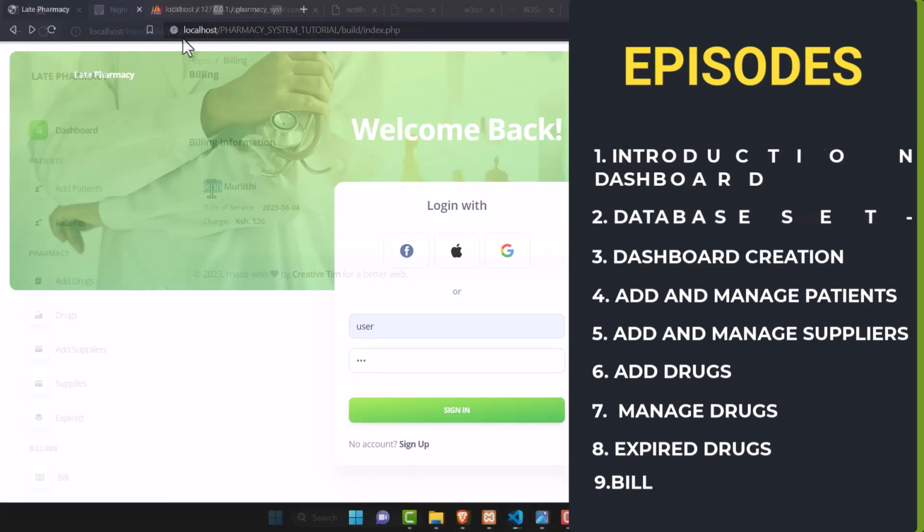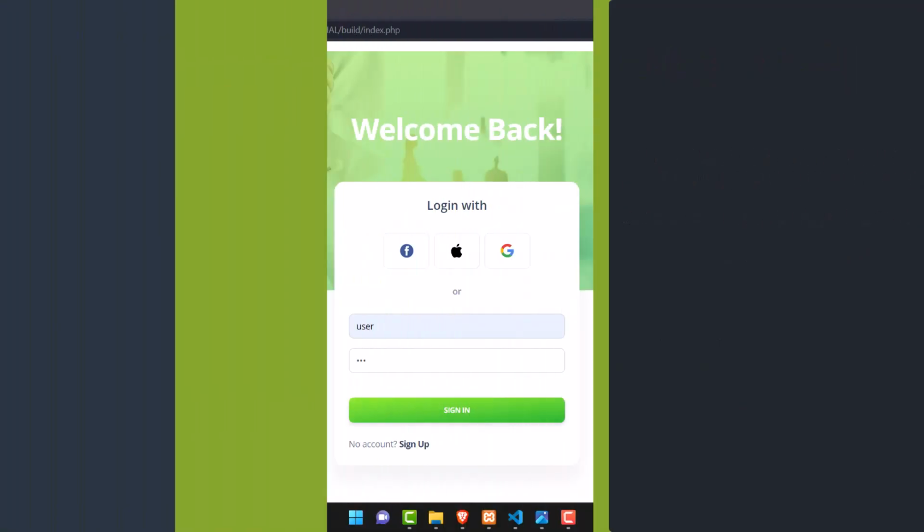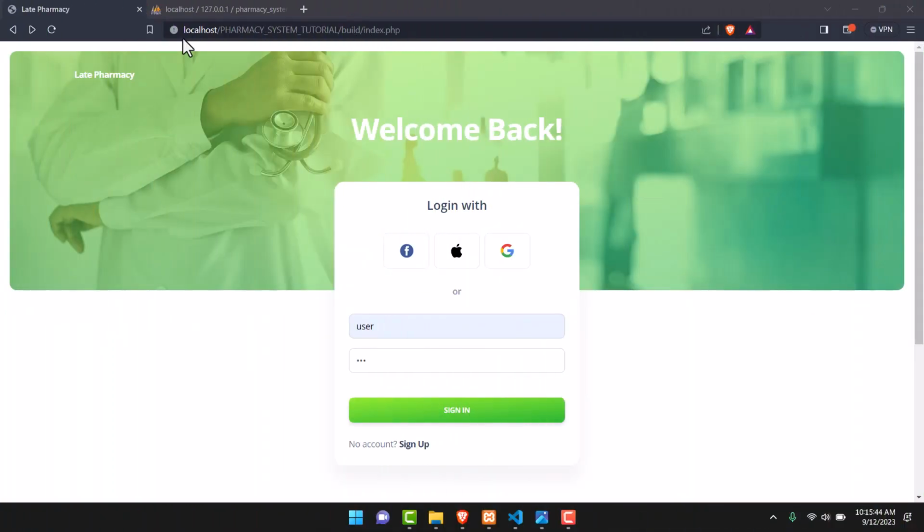Well, welcome to episode 7 of how to create a pharmacy management system. And so in this episode, as you can see, we'll be doing things slightly different from what we've been doing. We will be creating the login system for our pharmacy management system, just so that we can have a different taste of this whole system, because we've been just working on code that is helping us to insert data into